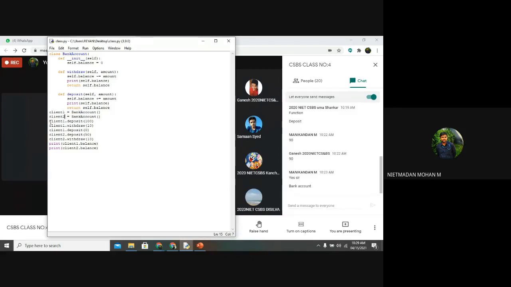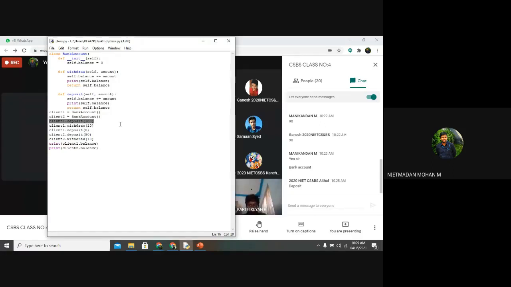So what am I doing in this line? In the third line in the main program, what am I doing? Client 1 is going to deposit rupees 100, right?